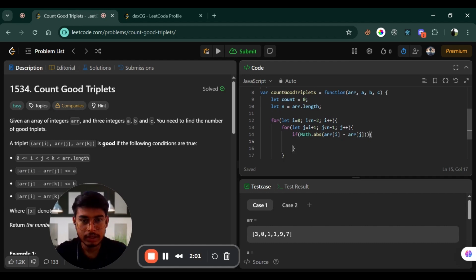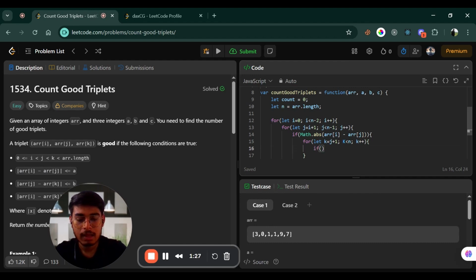Okay, if it is equal to this, then we take one more for loop. So here for let k is equal to j plus 1, k is less than n, k plus plus,